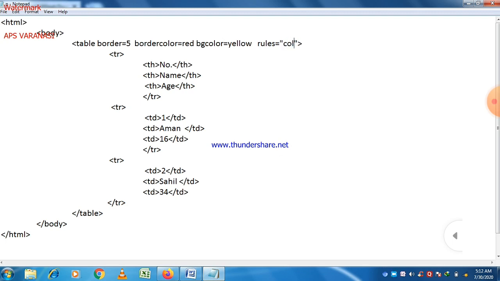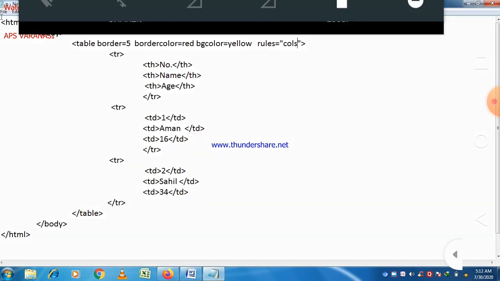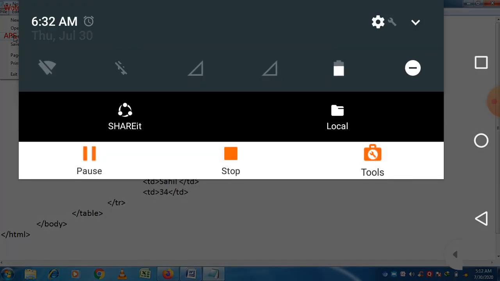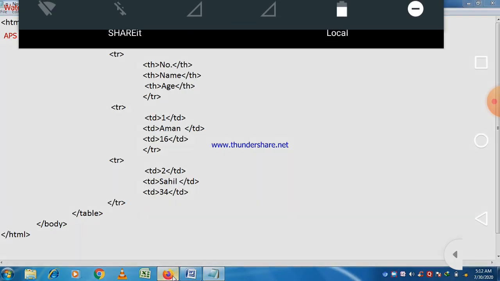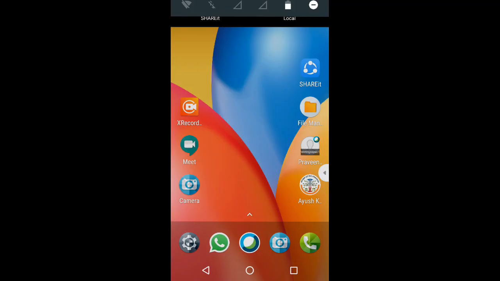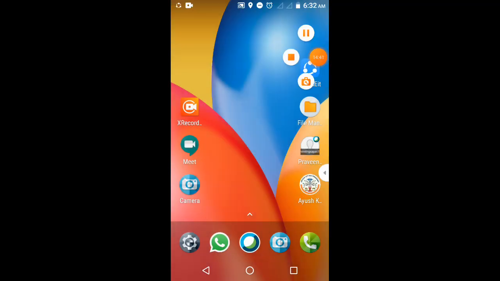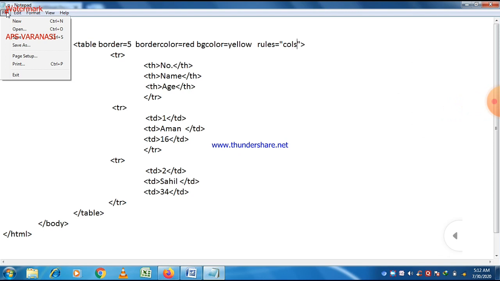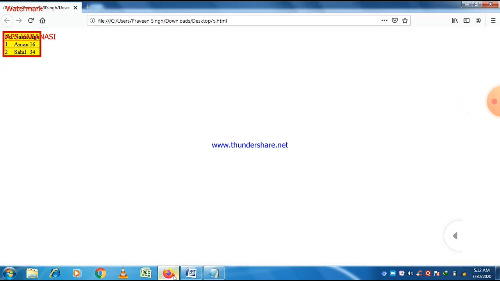There is a big difference between frame and rule attribute. Frames allow applied for... now just apply rules equal to cols. So it basically shows the inside border of columns. You can easily see that. Just refresh the page. Okay, now you can easily see that